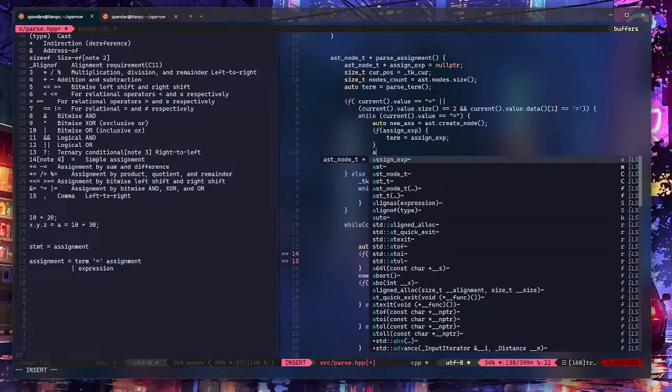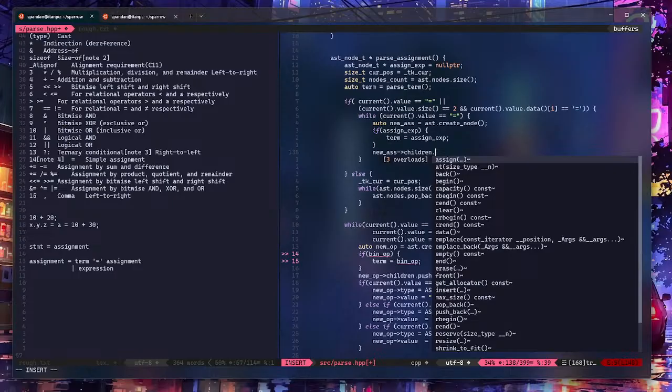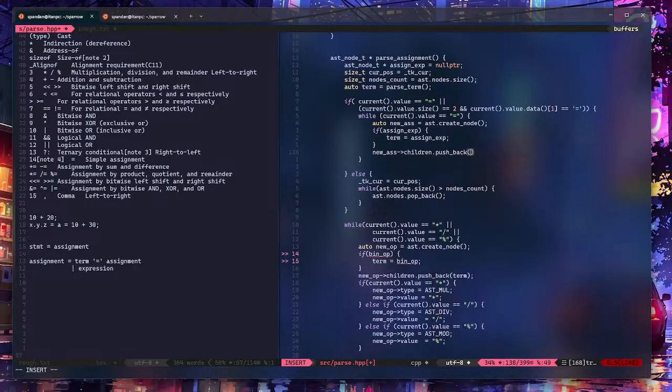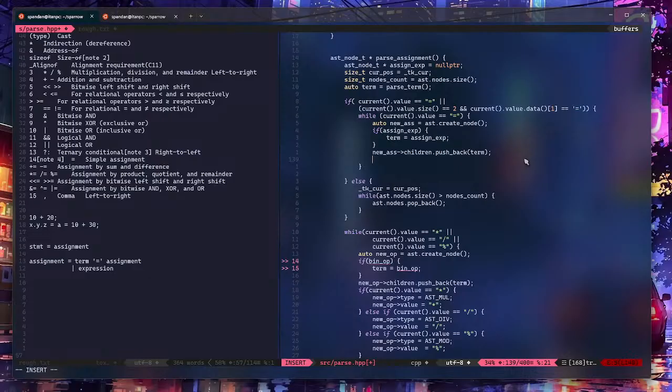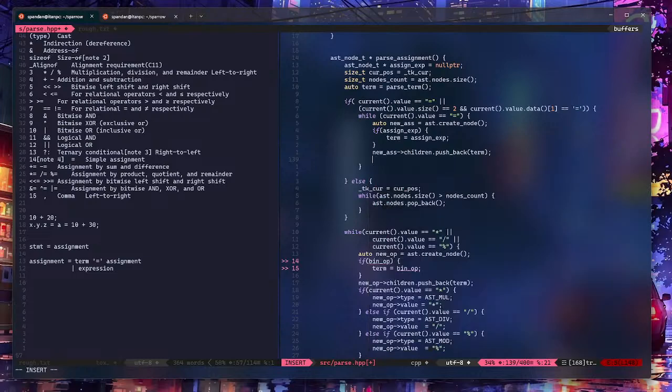We will see that when we see the output. For now, we can just say that our new assignment's children dot push back our term. So that is the first thing. And the second thing is that whatever our new assignment is,